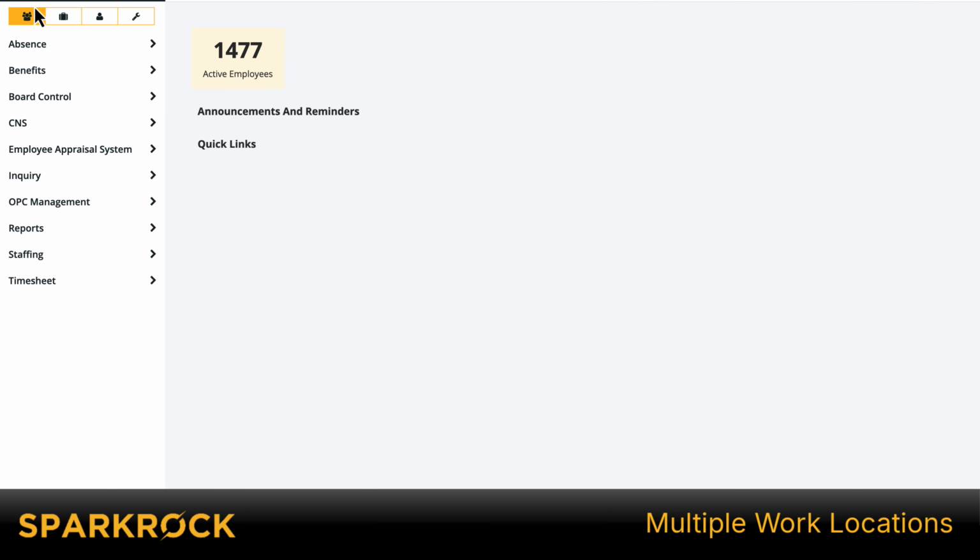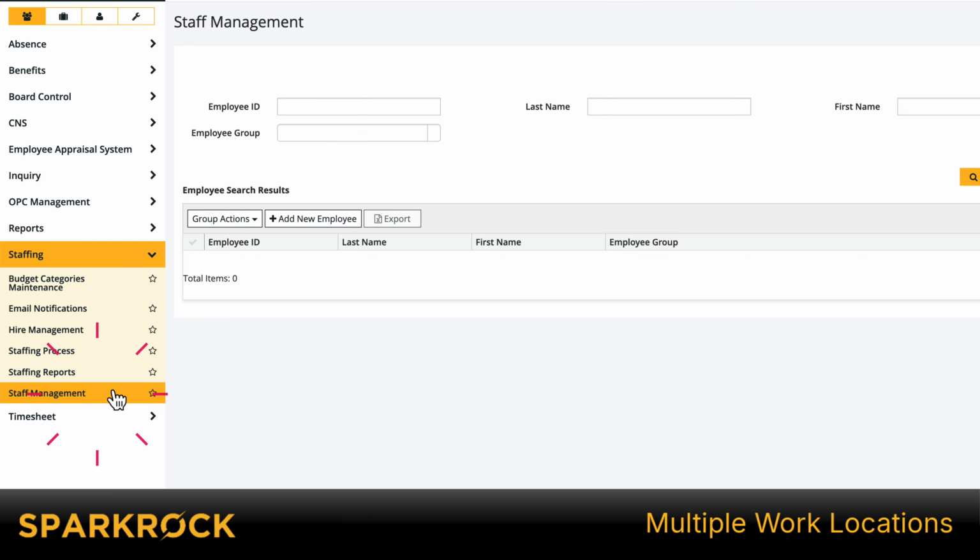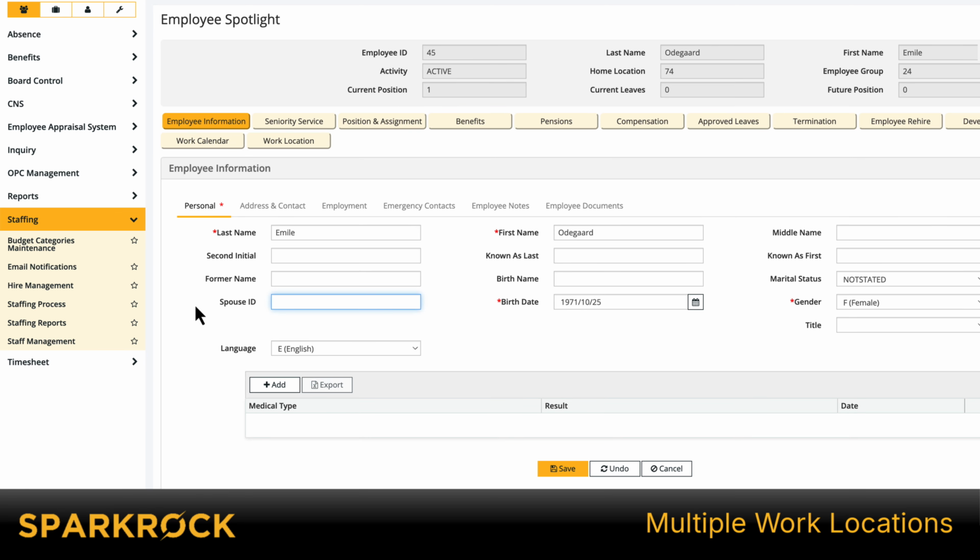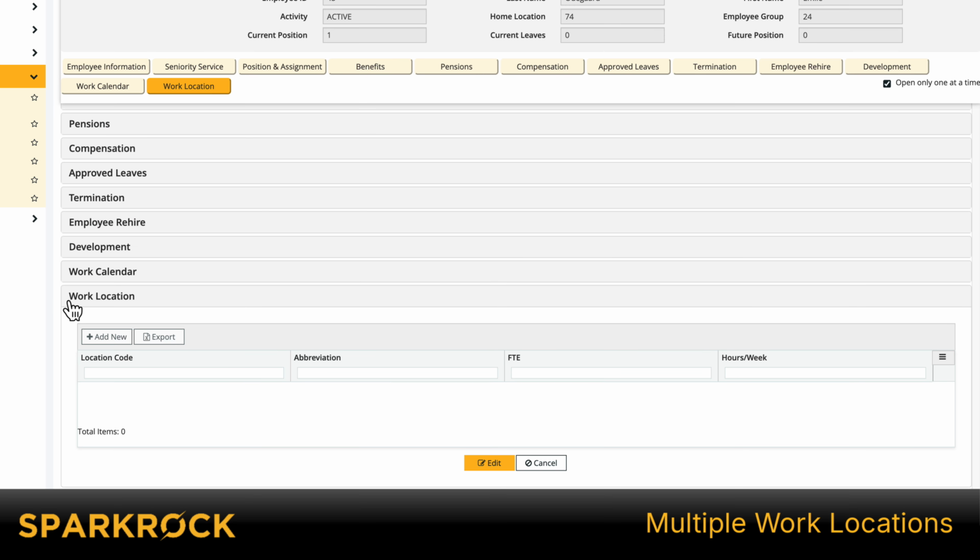Now, when you navigate to the HR tab, then Staffing, then Staff Management, and open up the employee's record, you'll see there's this new Work Location tab. So when I select that and scroll down, the new work location tab is here. So with this tab, authorized users can view multiple work locations per employee and then add, edit, or delete location